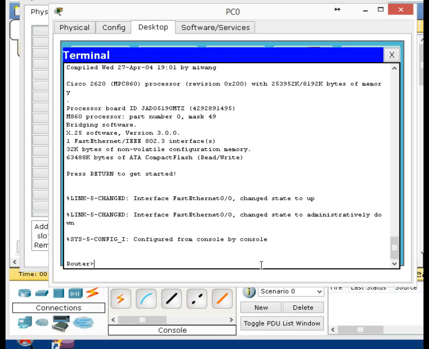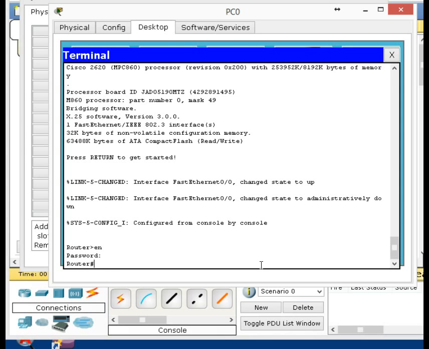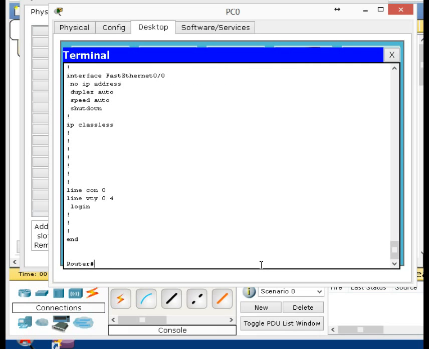We didn't go into setup mode, so enable, if I can spell it right, and secret, S-E-C-R-E-T, was the password. So I'm back to where I can now use the router. If you forget the password, or you buy a used router and can't get into it, there are a number of times when you would use this. The configuration registers